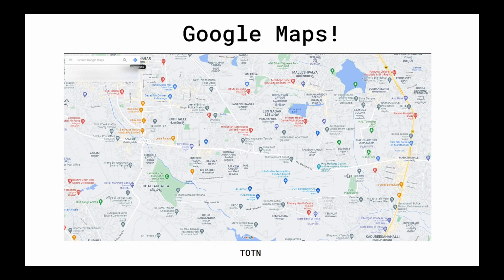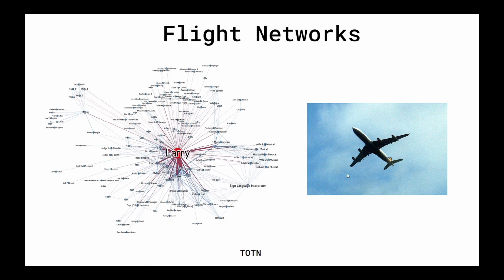Okay, so the next example would be flight networks. So the vertices in the flight networks are places of departure and destination. Okay, so if you are traveling from Bangalore to Delhi, then these two airports are the source and the destination nodes. So the flight trajectories between the airports would be the edges. Your flight can be a direct one, or it can have some hops as well, wherein your flight halts for some time at a given airport. So it is also very important to optimize the routes of the airplane so that we have the most optimal route in terms of distance, so that we can conserve some fuel as well.